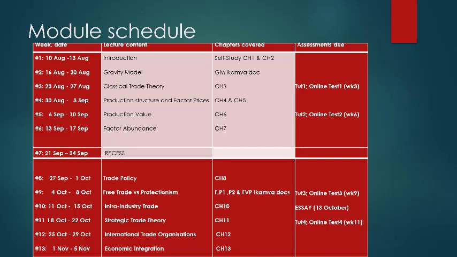Then we will move to weeks 4, 5, and 6. That's the Heckscher-Ohlin model. So we need to learn chapter 4, chapter 5, and chapter 6 as a foundation to help us understand the theory from chapter 7, or how the model works. It might be very difficult for some people, as the type of graphs covered involves a lot of graphical analysis and discussions that lead to the Heckscher-Ohlin model, the HO model.